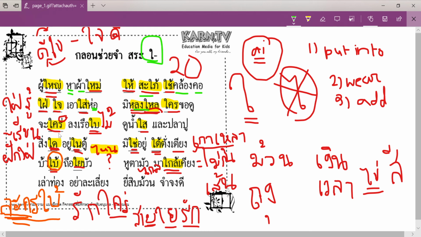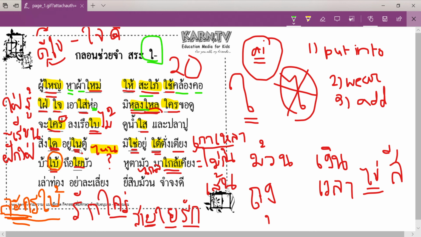จะใคร่ลงเรือใบ, จะใคร่ means would love to go sailing on a boat. จะใคร่ลงเรือใบดูน้ำใสและปลาปู. Go sailing on the boat for what? ดู means to watch, to see, to look at น้ำใส, the crystal clear water, and ปลาปู: ปลา means fish and ปู means crab. So you know the poem doesn't really make sense, but